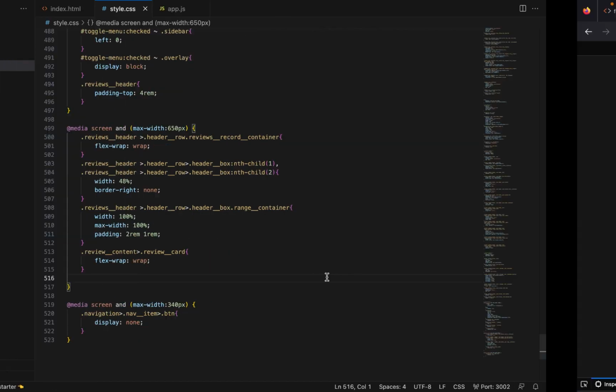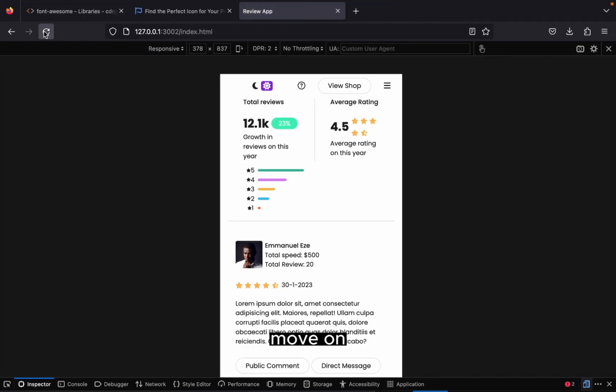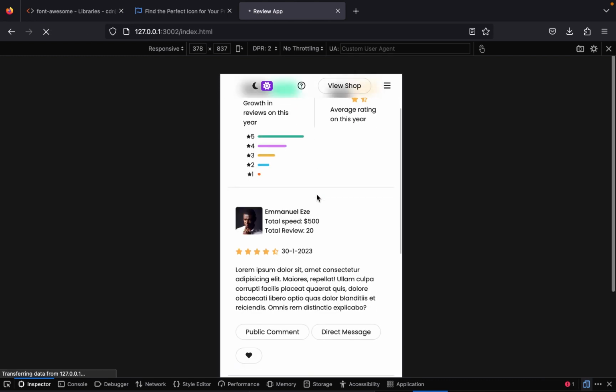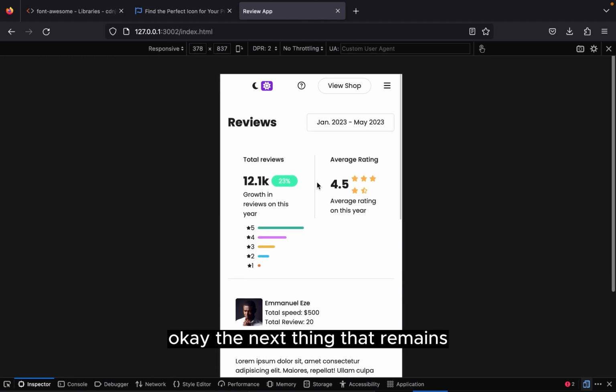Okay, the next thing that remains right now is to add the dark mode,